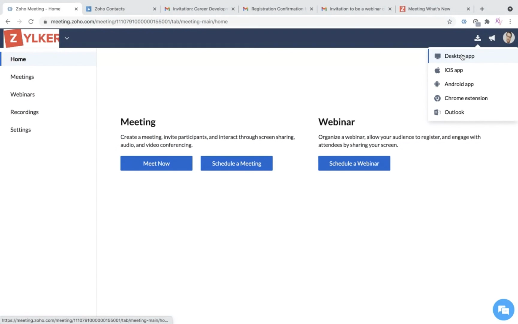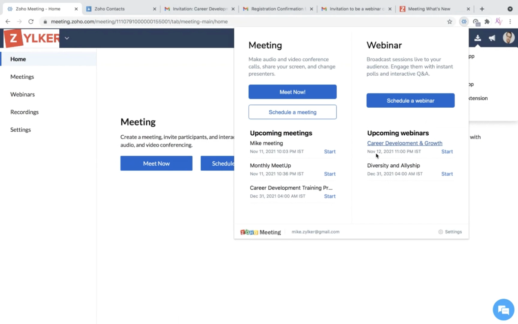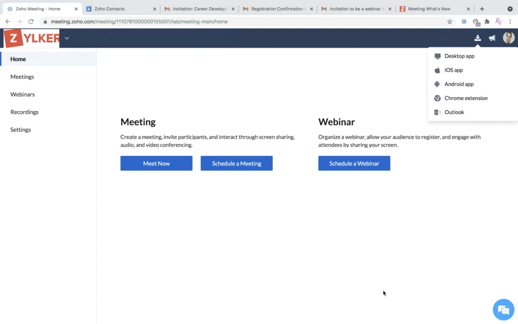We also have Zoho Meeting extensions. Since I'm using the meeting portal via the Chrome browser, the Chrome extension is displayed. Similarly, we have Firefox extensions as well. Using this option, you can add extensions to your Chrome and Firefox browsers, where you can start your meetings and webinars easily. We also have the Zoho Meeting plugin for Microsoft Outlook. Using this option, you can download the plugin and schedule meetings directly from your Outlook.